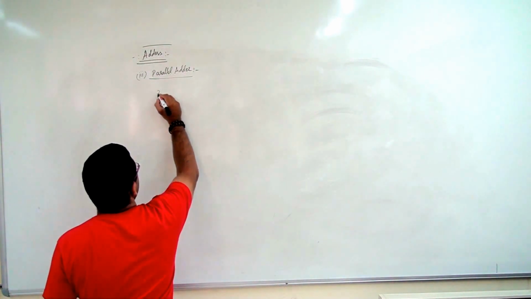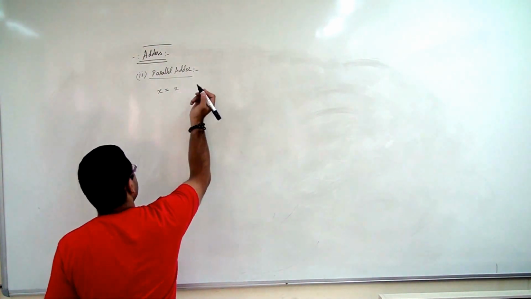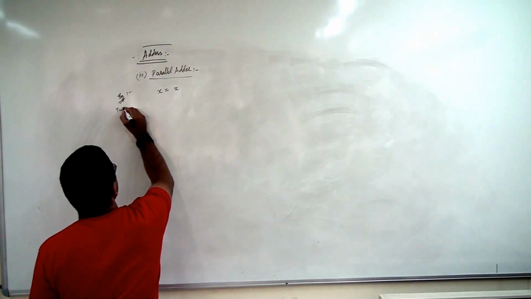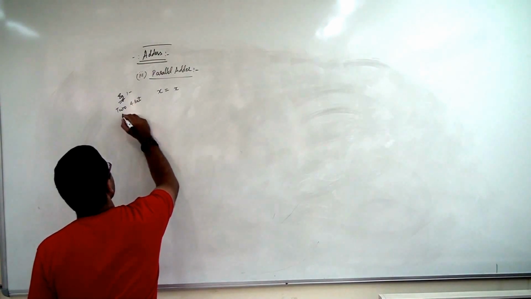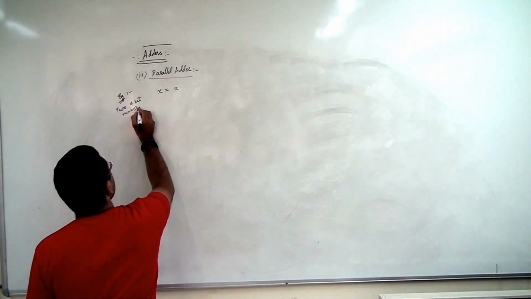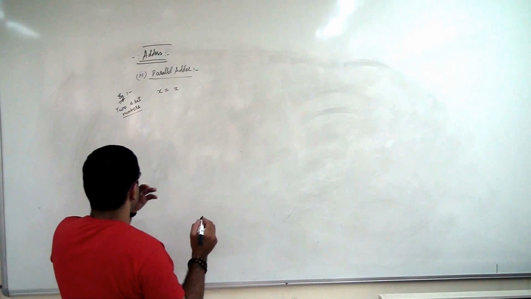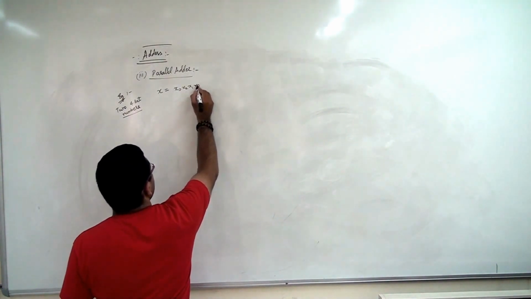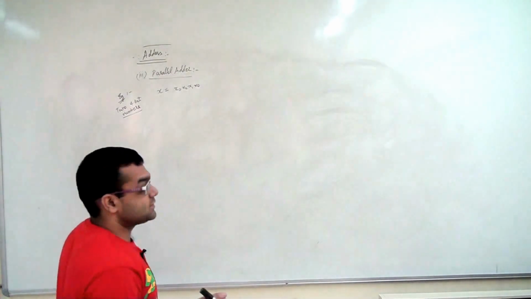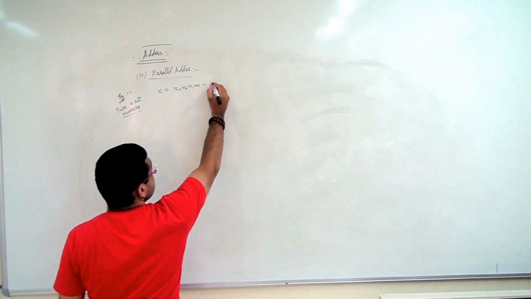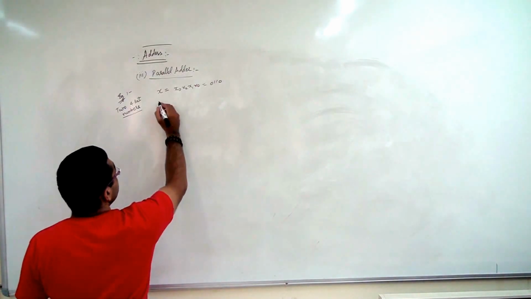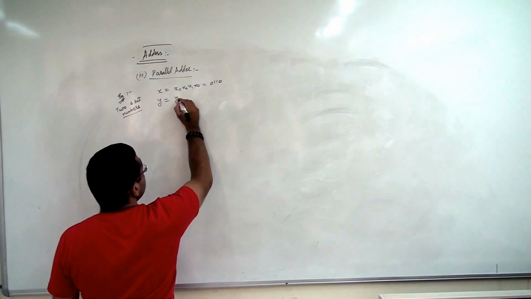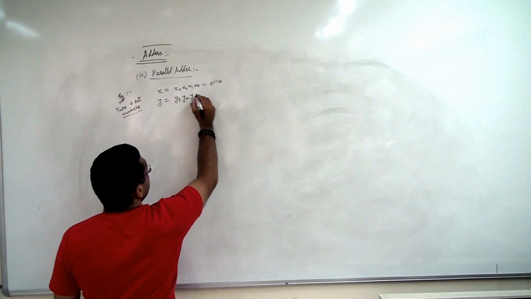Say for example I have a number x, say we take two 4-bit numbers. Suppose x is x3, x2, x1 and x0. The individual bits I have named like this. Say for example that can be 0 1 1 0, or whatever. Similarly y I name as y3, y2, y1 and y0.